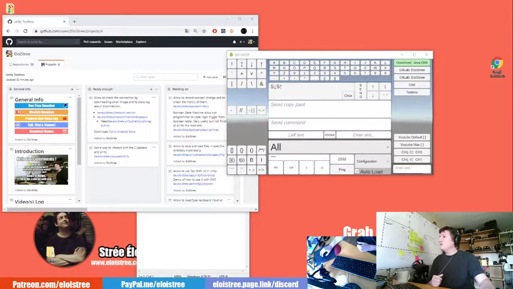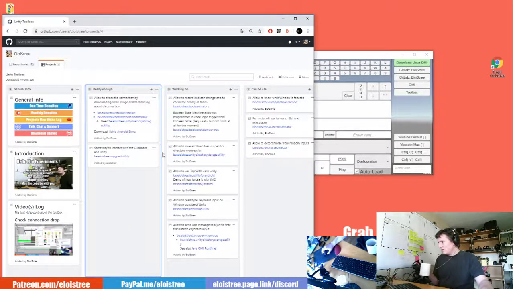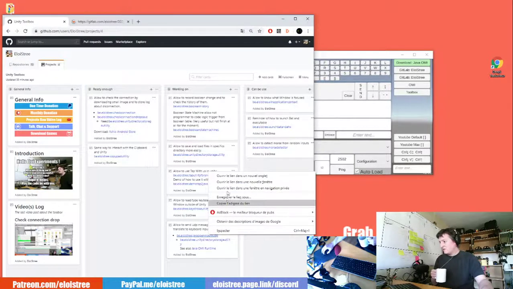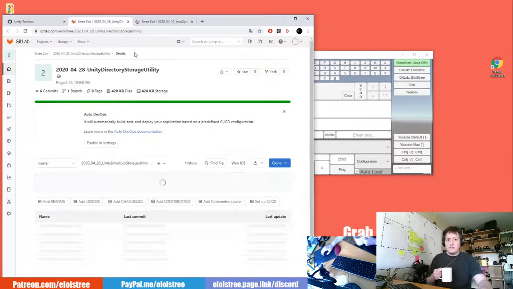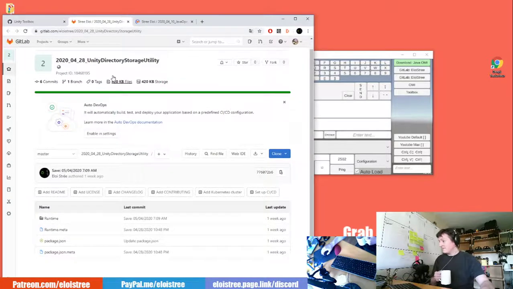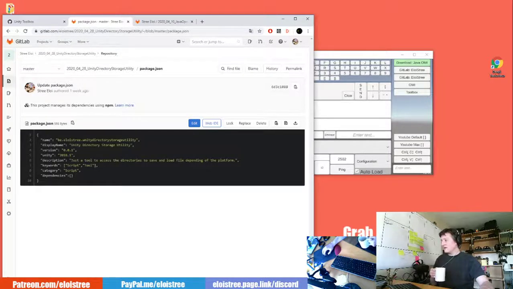While Unity is opening, I will just remind you that here is the toolbox where you can have the code, you have the tooling here. So if I check what this tooling is, basically it's what we call a Unity package. So what's a Unity package? It's a Git, so it's a storage online that I can easily update by typing some commands. And in this Git there is something that we call package.json, and this package.json will just say, okay, this package